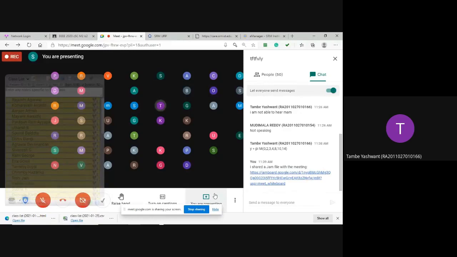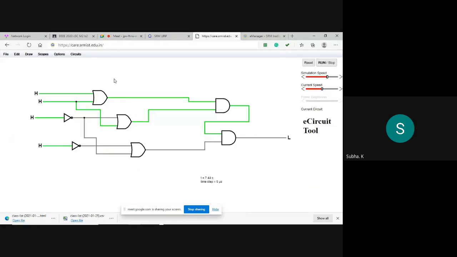Voice was breaking here. See, in the truth table you will be having I think 16 combinations of inputs, no? Yes, ma'am. Okay, out of which you pick any 5. Out of 16 you pick 5, and for that you have to cut copy paste the E circuits. This is the combination that I got for 1 1 1 1. So I will cut copy and paste it. Similarly 0 0 0 0 or any 5 combination you pick, cut copy and paste it. That I will cross check with the truth table, then only I will put full mark.